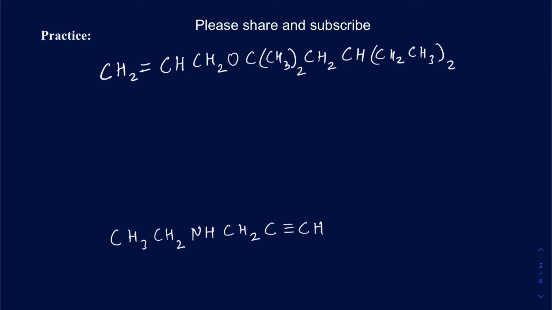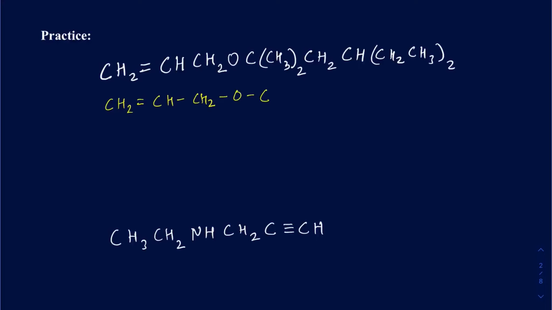So I got these condensed forms. How about doing maybe a partially condensed form of that? So partially condensed form is going to be only showing the carbon bonds. So it's going to be CH2, and then I got a double bond here, and then I got CH here, and I got another CH2, and then it seems like you got an oxygen there, and then after that you got a carbon, and this carbon has 2 CH3 attached to it, so there is going to be a CH3 going down, and then a CH3 going up,